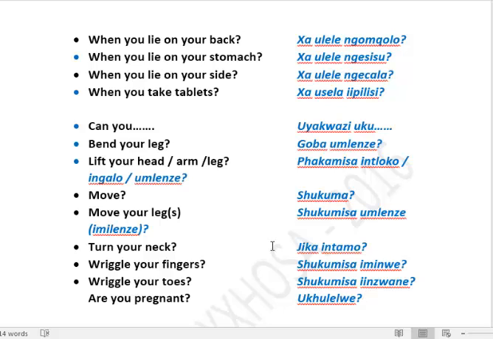Right, so there's quite a lot of additional vocabulary here, and we will be looking at verbs and some of the uses in the next video. So we conclude this little video once more by saying